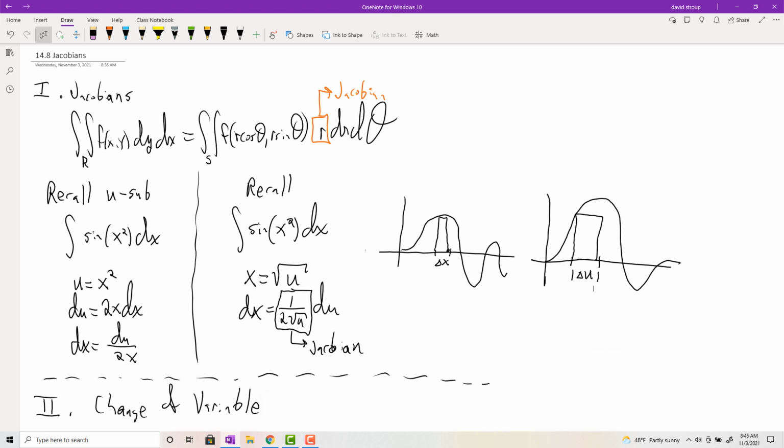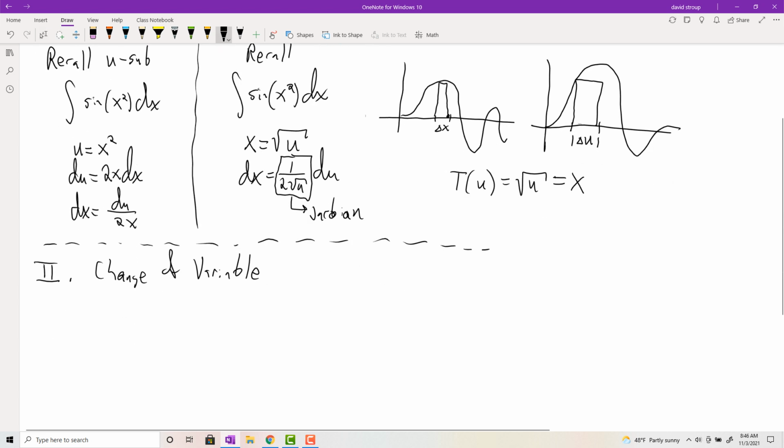Hold on. Right, so the transformation is going to be some T of u, and that of course will equal x. In this case it's the square root of u, which will equal x. Right, so you'll see the same transformation now, except it's in terms of two variables,